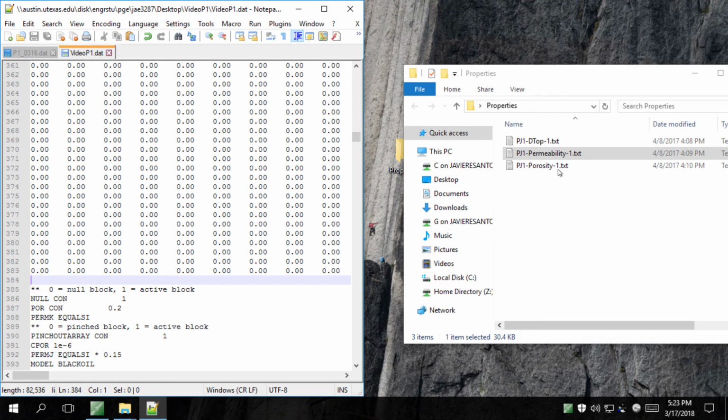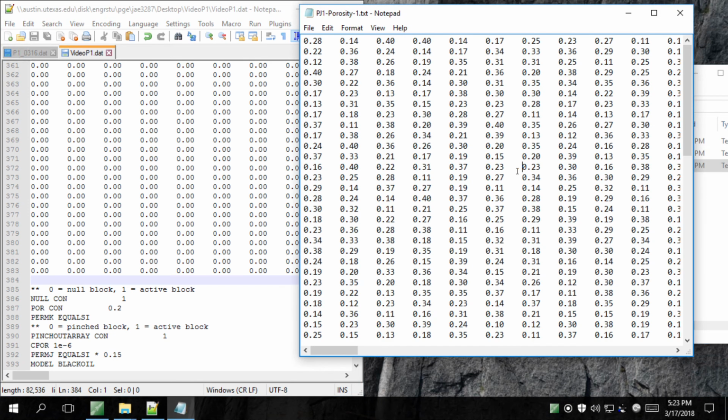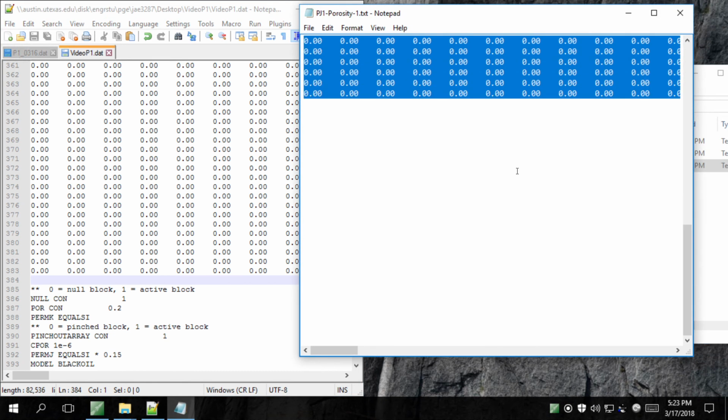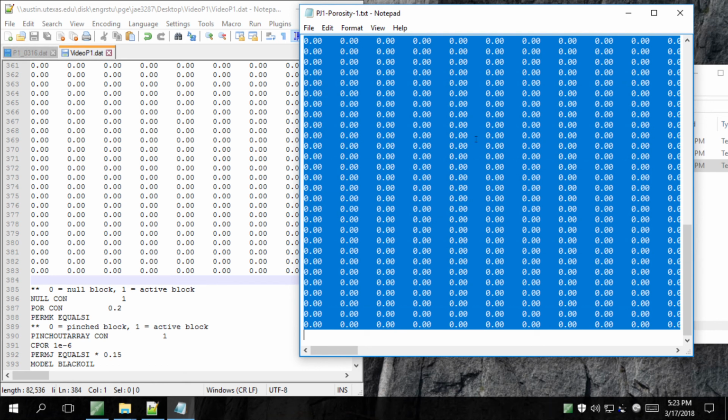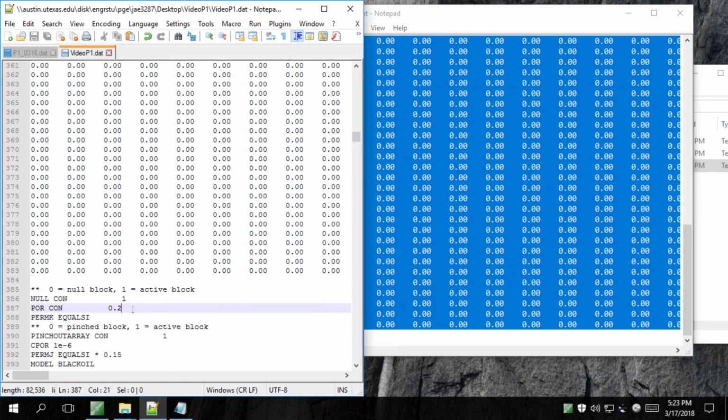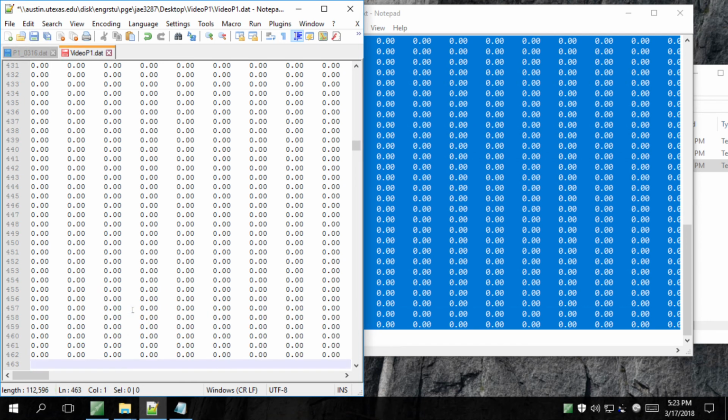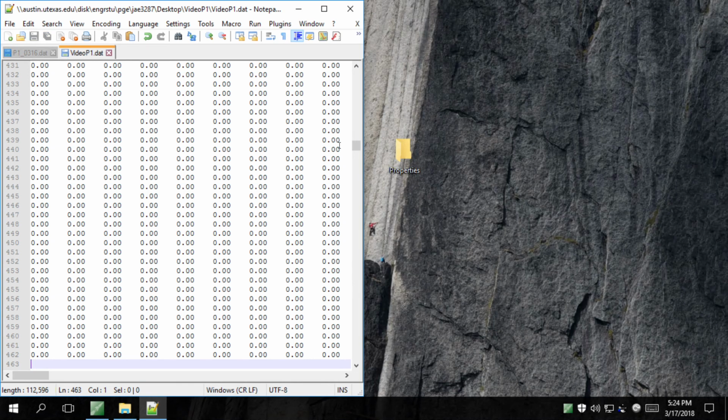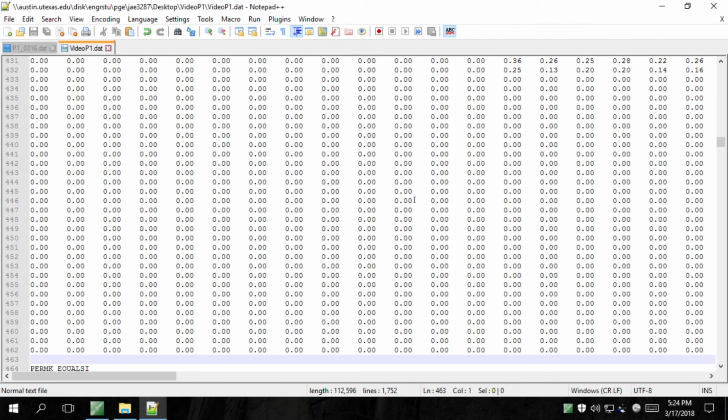Last step is to input our porosity values. So we're gonna go ahead and do the same thing. Erase the current value, erase constant,